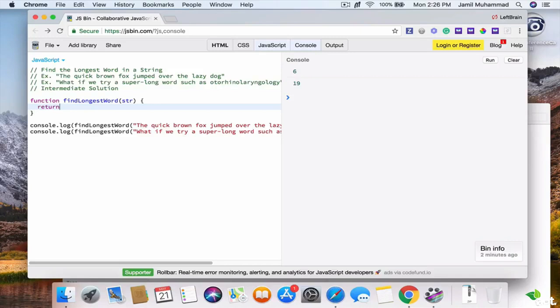Then you can change this string here, or keep it as string, or if you want you can just make it s, but I'm going to continue to use string. So return string dot split,